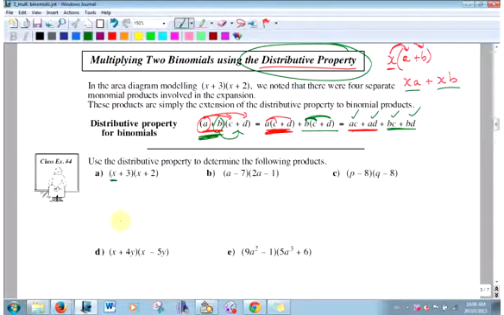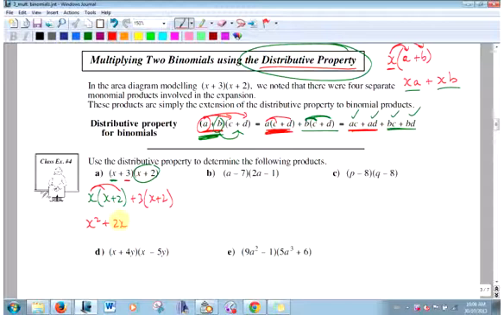Take the first one, multiply it by everything in the second set of brackets. And then I take the second one, plus 3, multiply it by everything in the second set of brackets. And you had a couple questions like this yesterday, didn't you? It's just distributive law twice, once you do that first step. Okay? So this is x squared plus